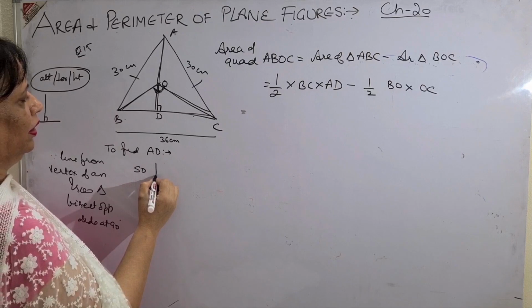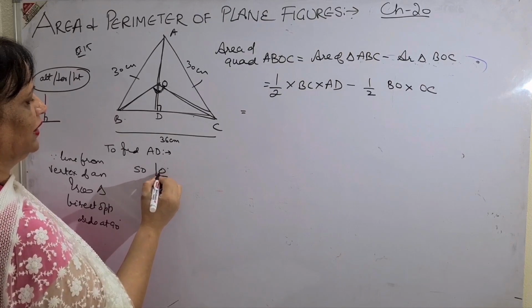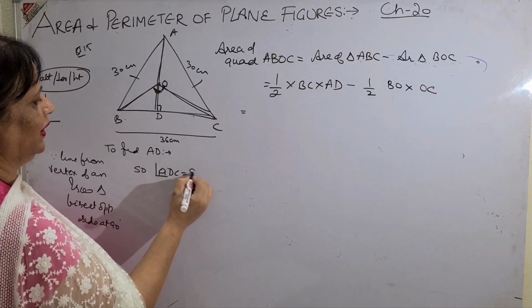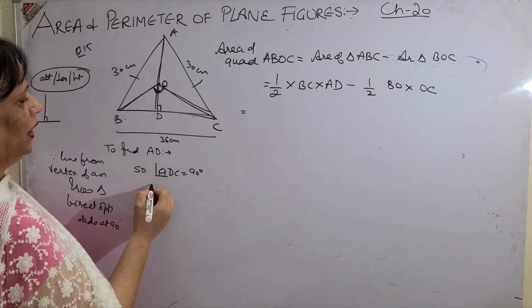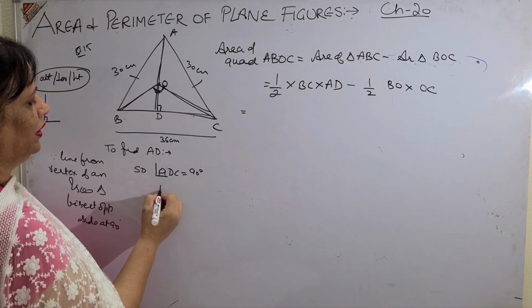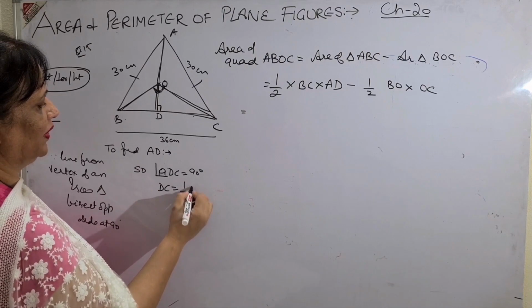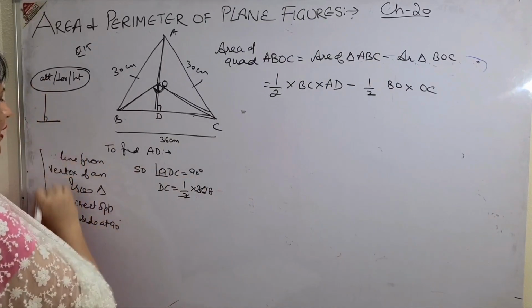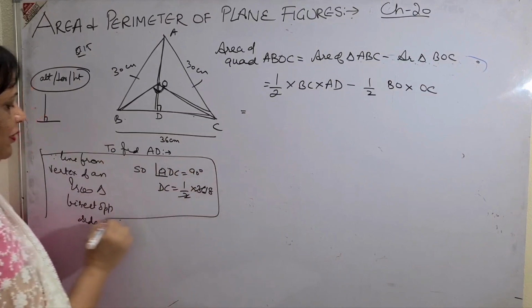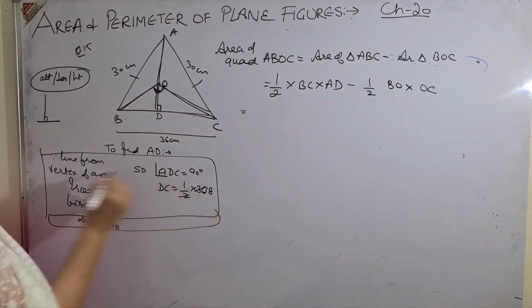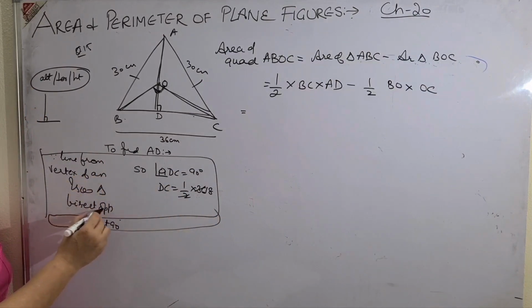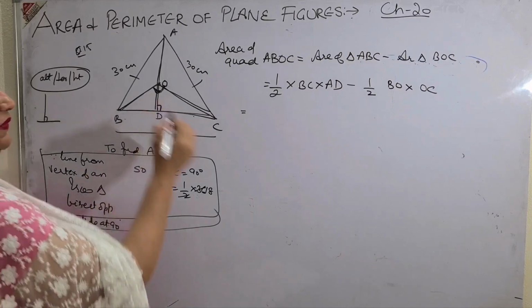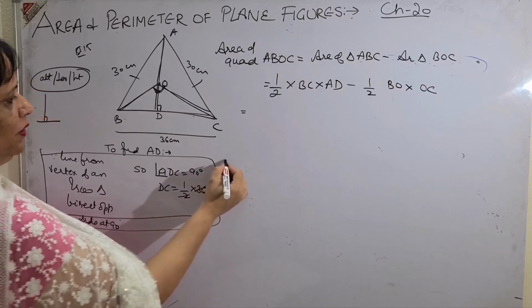Angle O, you can say ADC is 90 degrees, of course, and BC is equal to half of 36, that is 18 centimeters. Both results come from the same theorem which I am explaining again and again: the line from the vertex of an isosceles triangle bisects the opposite side at 90 degrees. Then see, by Pythagoras theorem,